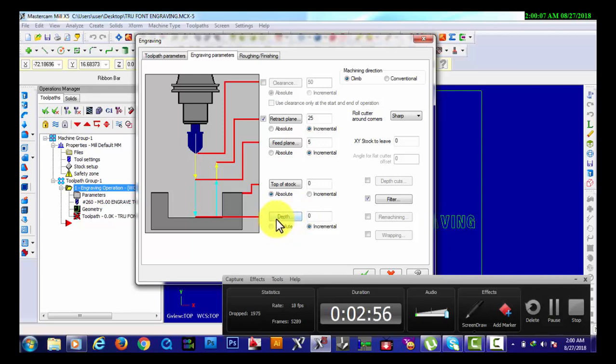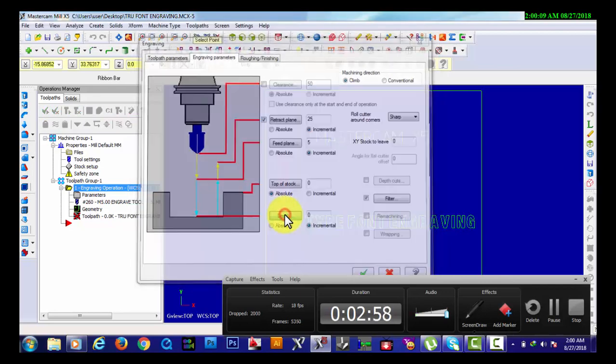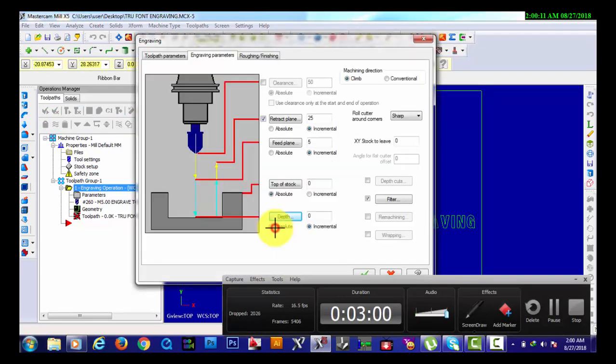Here's the depth. I'm gonna pick negative 0.5.